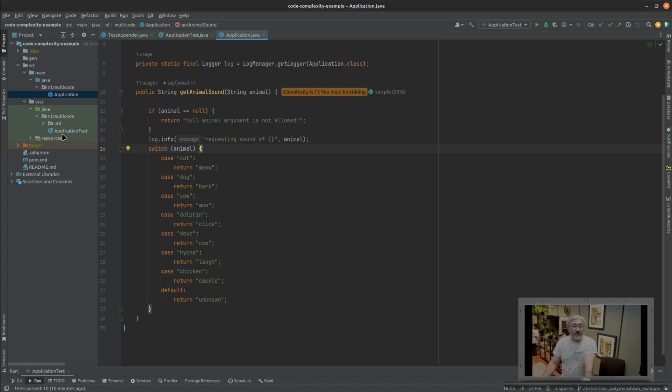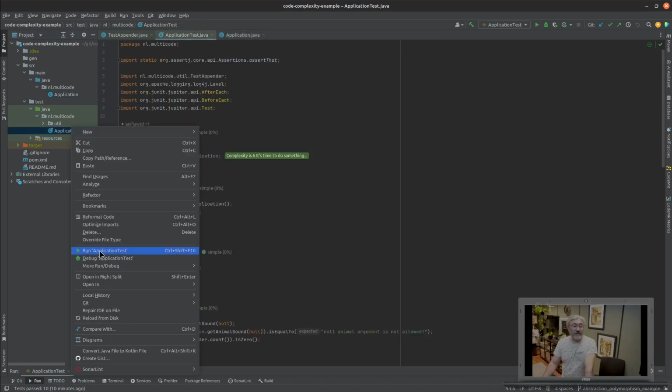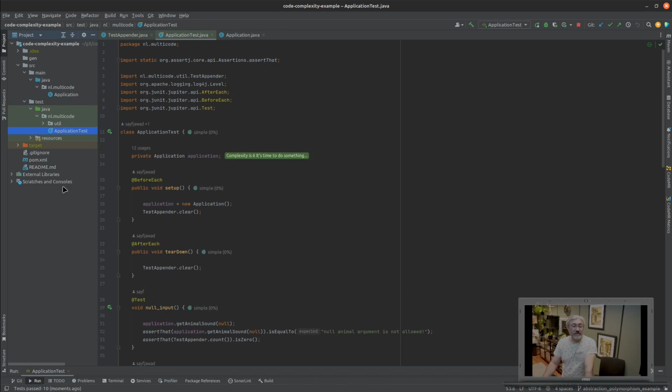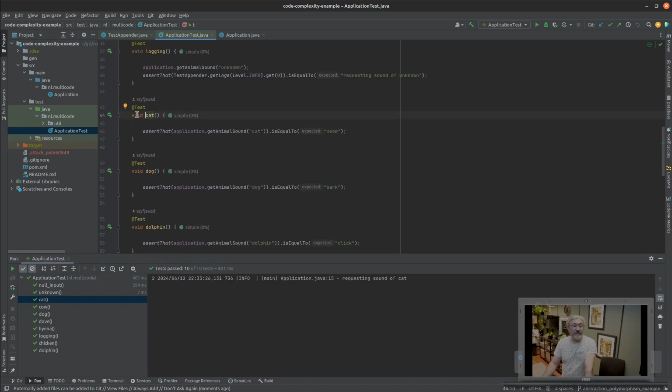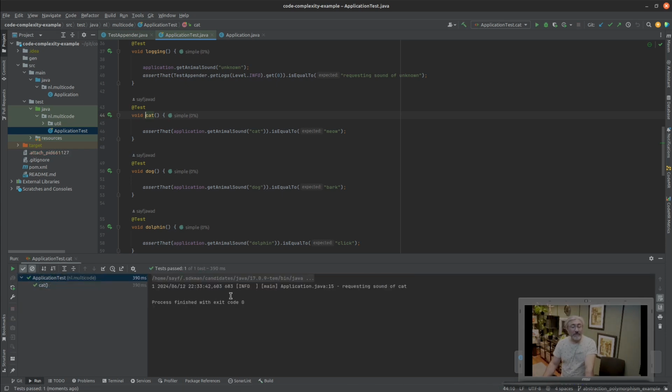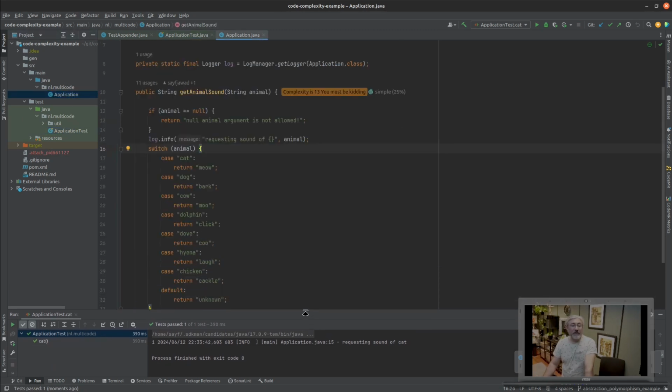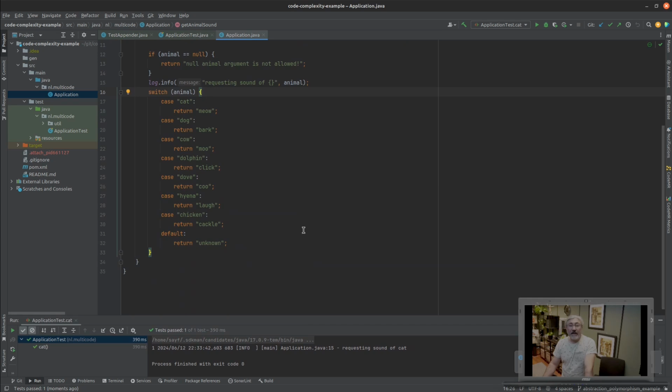So sure, it works. Let's see. Run application test. And it's going to run a test. Yeah, I think everything's fine. If we go to the test of the cat and we say, okay, so a cat should meow. Well, the cat did meow, meow, meow. Very nice. But the thing about this application is that the cyclomatic complexity tends to get higher and higher the more